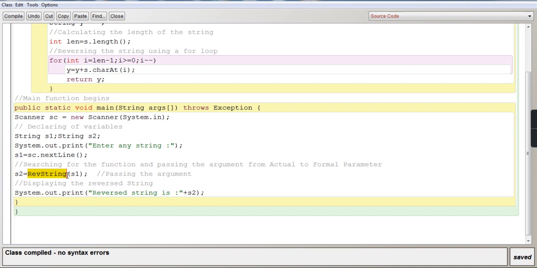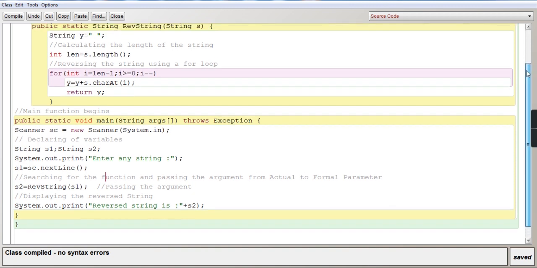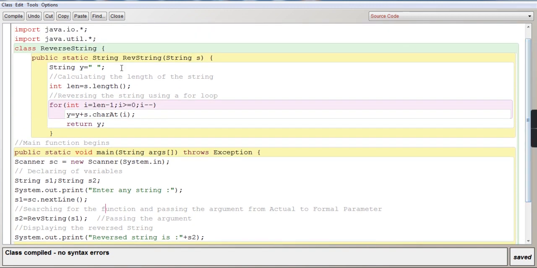When refString is searched, s1 carries one value, "good morning", which we entered, and the function is found here in the formal parameter.